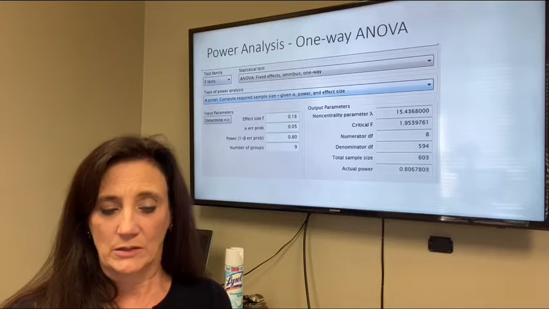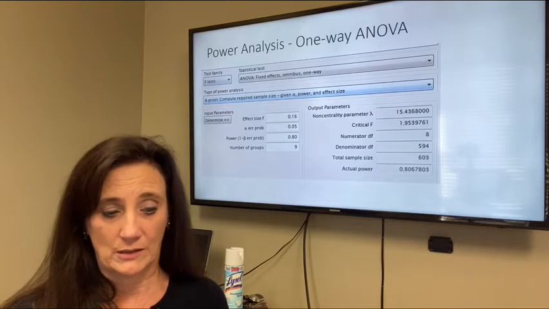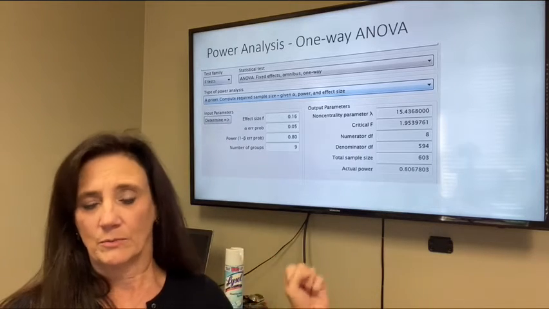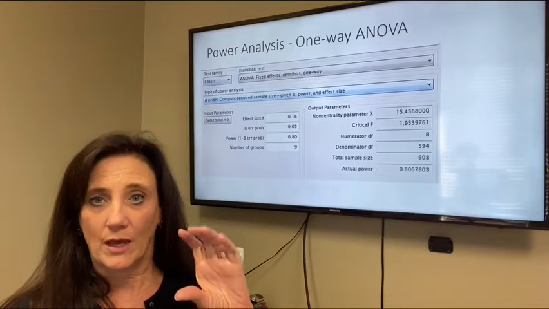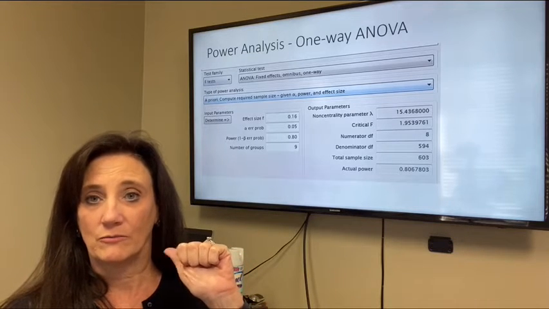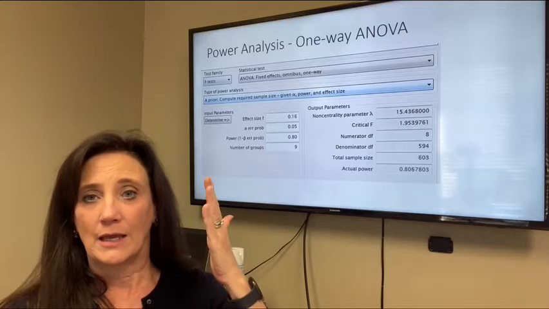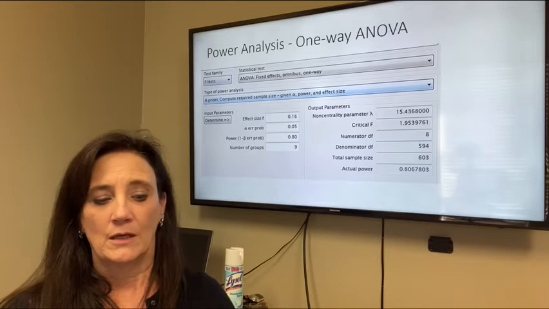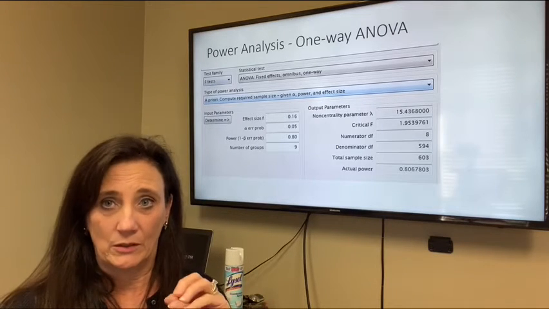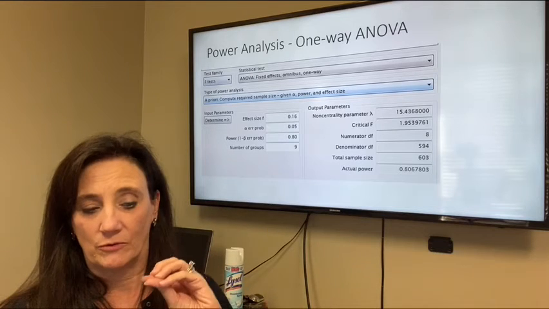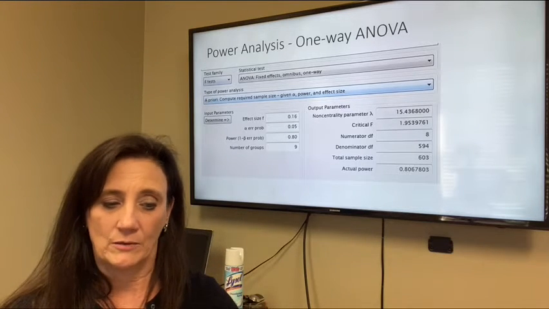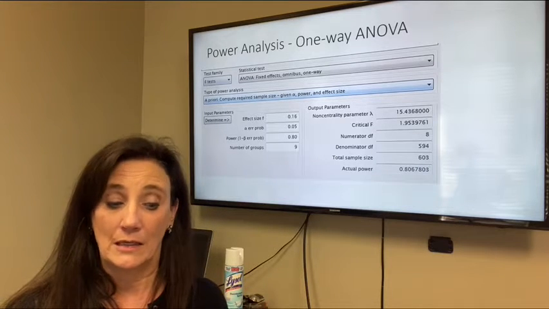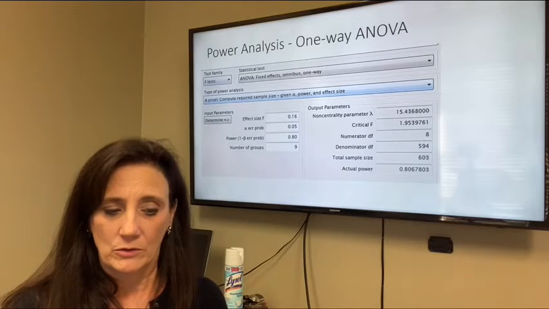That effect size was determined by the information that was put into another slide. See where it says determine? When you hit determine, it pops up another slide, and in that other slide you're going to enter the information for the means of the groups and the standard deviation, the pooled standard deviation for the group. You can know how many groups were entered in for this particular study by looking down there at the bottom of that column. You see it says that the number of groups equals 9. So 9 groups of